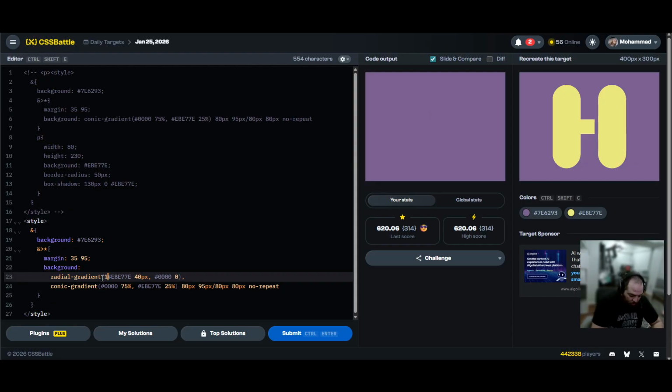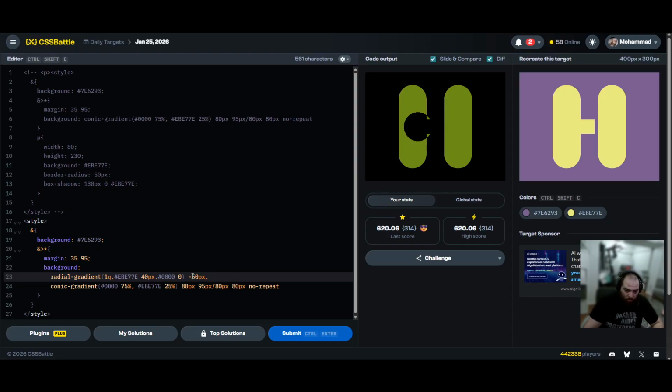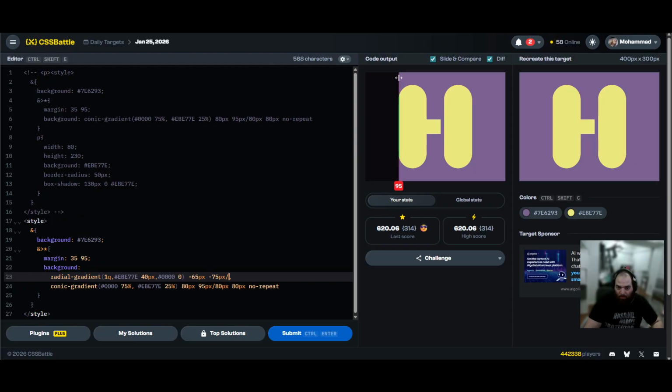And then we could do a 1q just to make it a perfect circle. Just get rid of these spaces. And then now I want to position this minus 50px, minus 60, minus 70, minus 65. And then now minus 50px, 60, 75. Wow. Okay. Beautiful. And now I just want to see if I can somehow make it go from, so